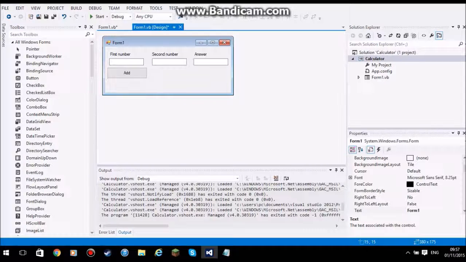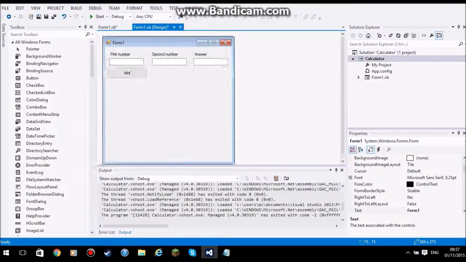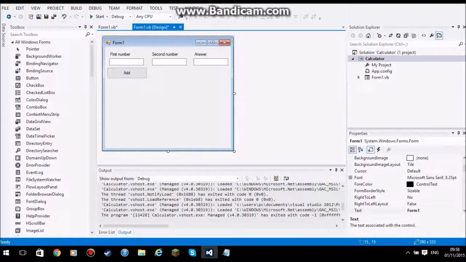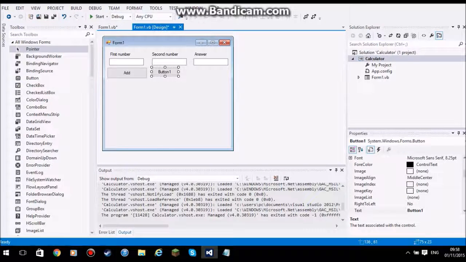Okay, so that's a very easy application. I make these in ten-ish minutes when I'm bored, but you know what you can do? Add more things, so you can have divide and multiply and subtract, and then you could probably do ratios if you could be bothered, but I'm only going to teach you the bare minimum today because I don't want to overload you. So we're going to do